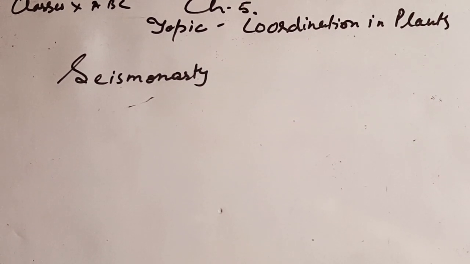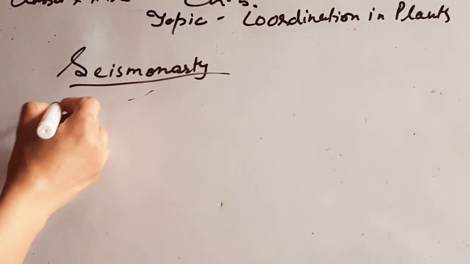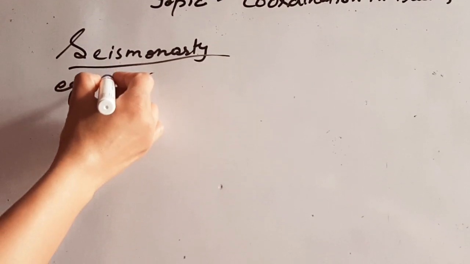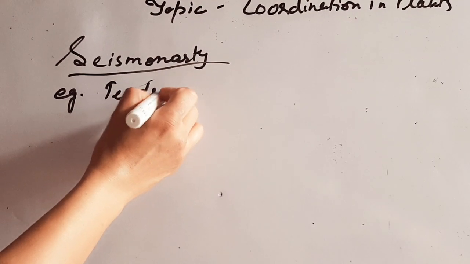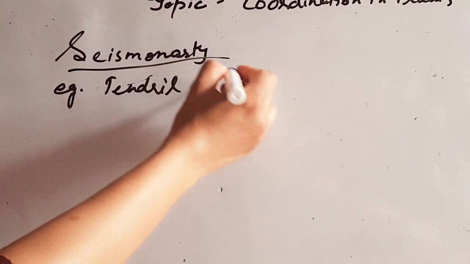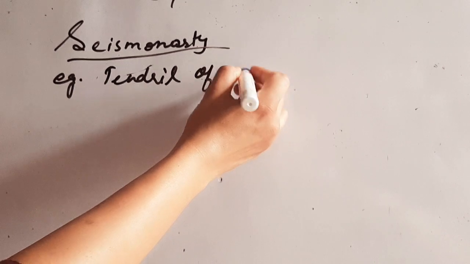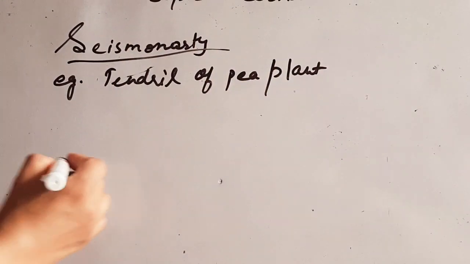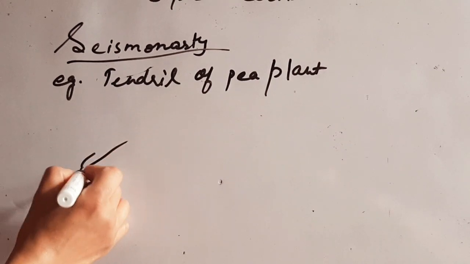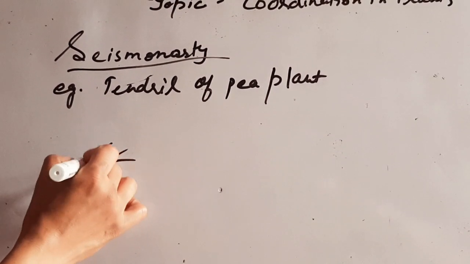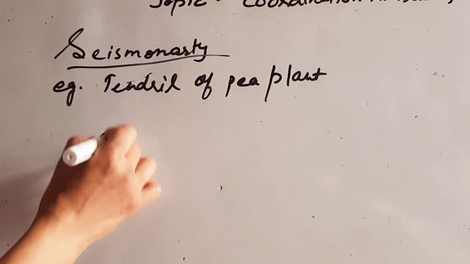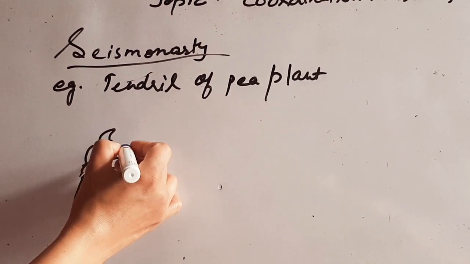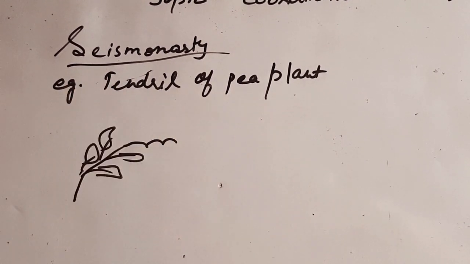Now let's discuss one more example of thigmonasty. That example is the tendril of the pea plant or any other plant. Do you know what tendrils are? Let me show you what tendrils are. Suppose this is the climber. The climbers have a tendency that